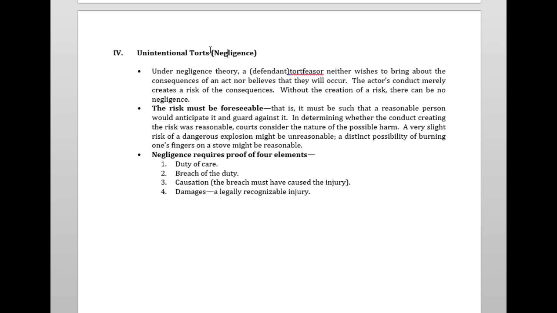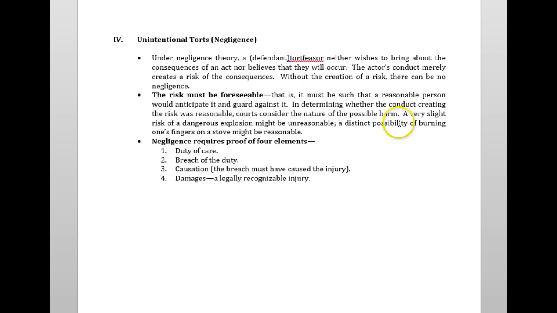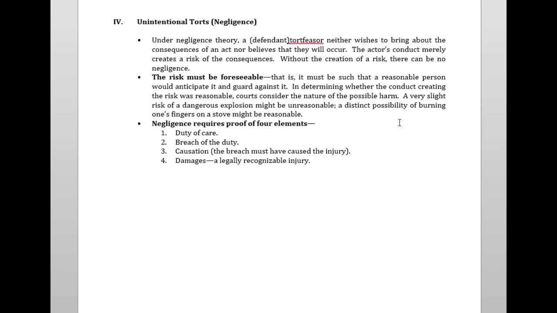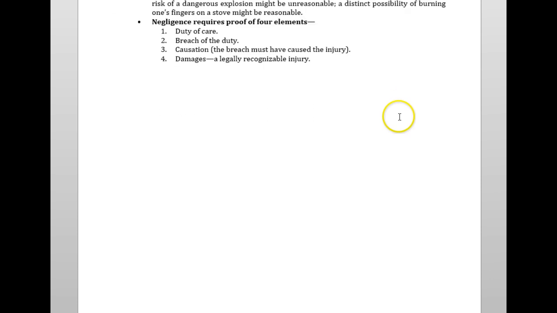Those were our intentional torts. Some of those could become unintentional torts, or could be looked at as unintentional torts. So that kind of sets the stage. A little bit confusing, but